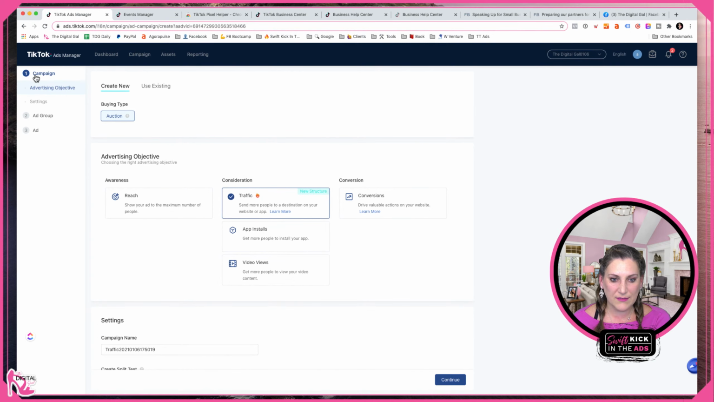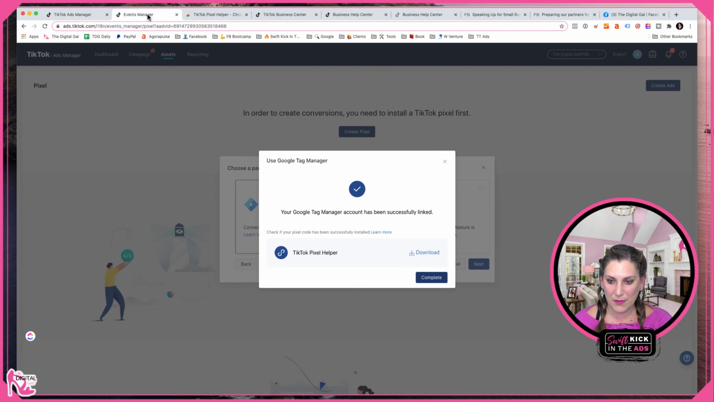And notice how on the left-hand side here, we have campaign, ad group, and ad. It's extremely similar to how we have with Facebook, our Facebook campaigns, ad sets, and ads. And same idea, we get to choose an objective. If you want to use the traffic objective or conversions objective, you need to install a TikTok pixel on your site. And I was playing around with that. I set up a TikTok pixel, and I installed it using Google Tag Manager on thedigitalgal.com. So hopefully